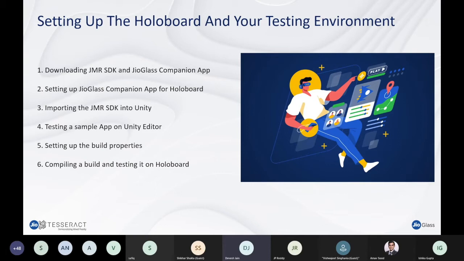The last two webinars have primarily been us informing, conducting these webinars as more of a one to many kind of delivery mechanism. Whereas this one, we wanted to keep more interactive, and to understand where you see the most challenge, especially when it comes to setting up the HoloBoard and your testing environment.